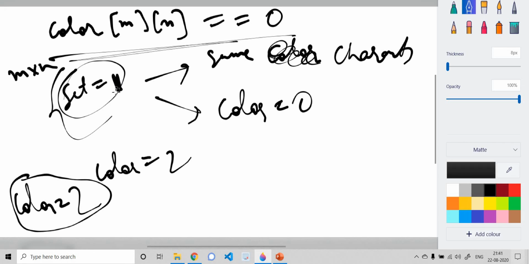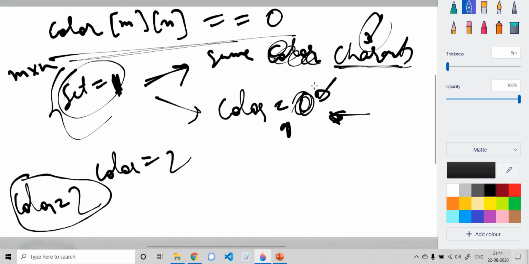When I have set the color as 1, I look at its adjacent cells. If the adjacent cell is of the same character and the color is 0, it means this cell has not been traversed yet, so I proceed with my DFS call to this cell.